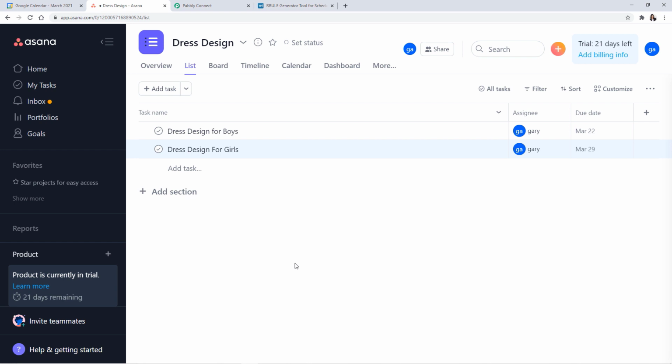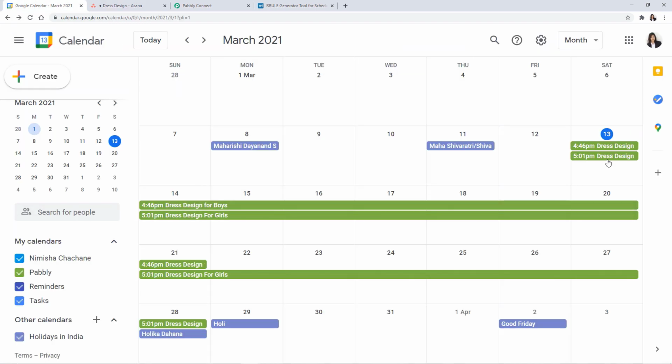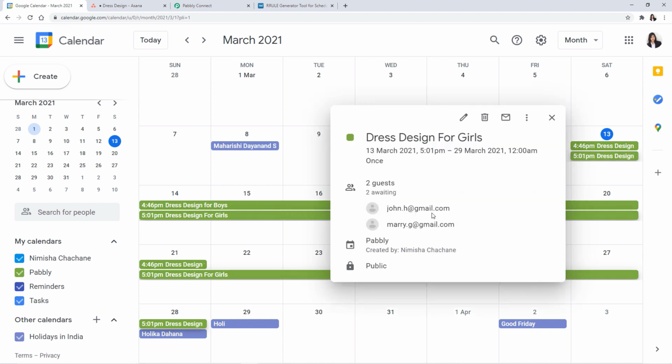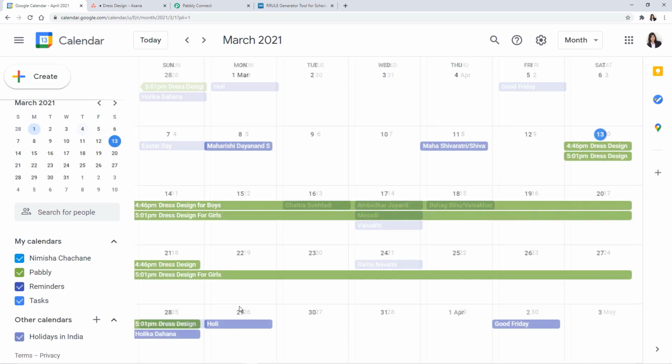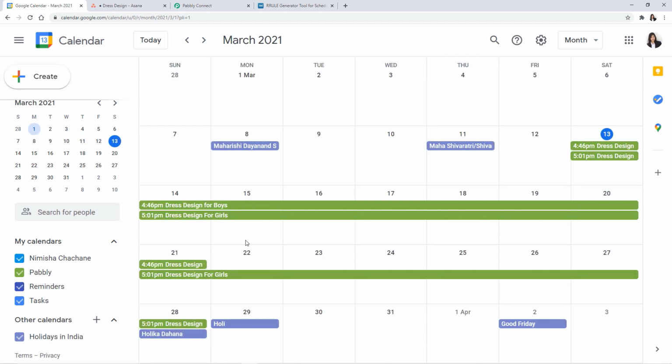So now we are going to check if Google Calendar is updated or not. If you remember, we added the action event called delay. That is why we are going to check it after 1 minute to see if all the details have been captured by Google Calendar or not. After 1 minute, as you can see, the details have been captured by Google Calendar, and let us recheck it. The details were this, yes. My end date was the 29th, so I can see that until the 28th, Google Calendar is going to notify me about this task.